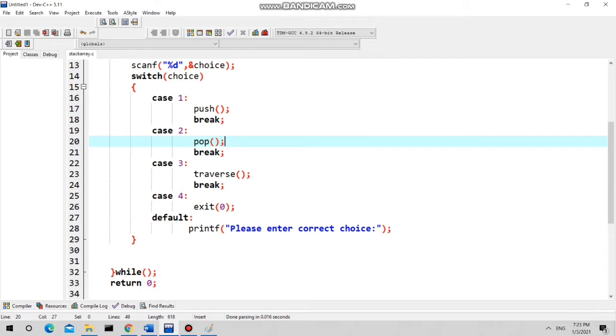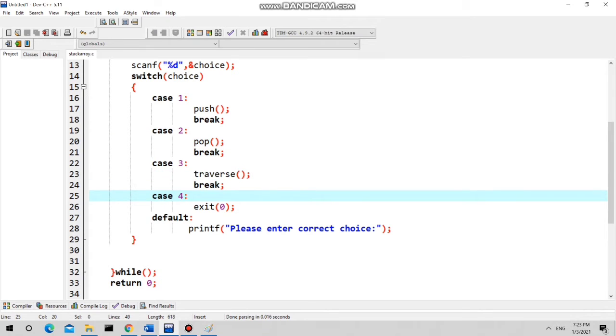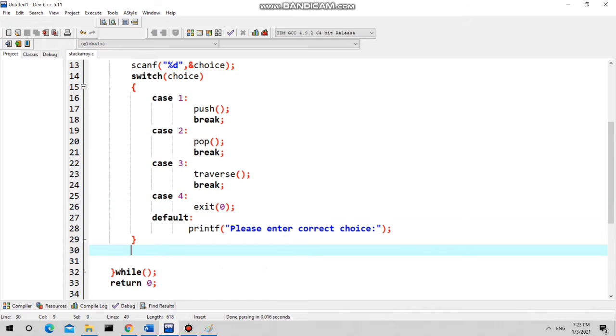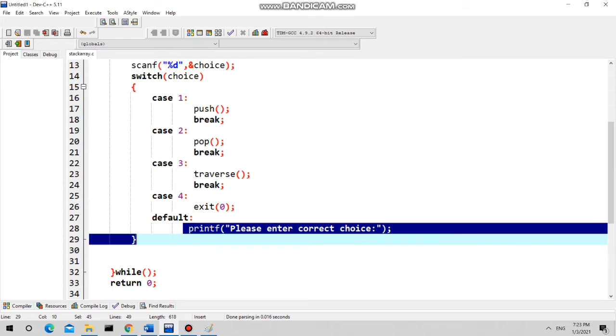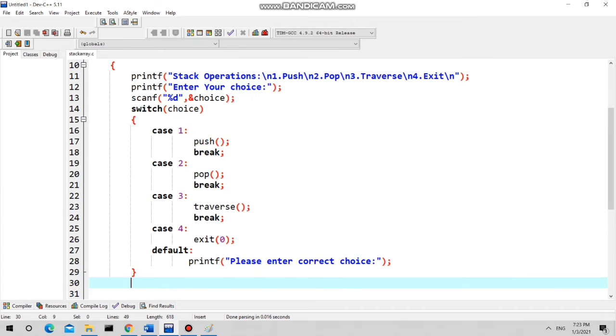If he entered 3, he is interested in traverse. If he entered 4, that means he doesn't want to perform any of the operations, so simply exit the program. If he entered any other option other than these 4, then we are simply informing him that you have entered the incorrect choice, please enter the correct choice. That is the switch case.